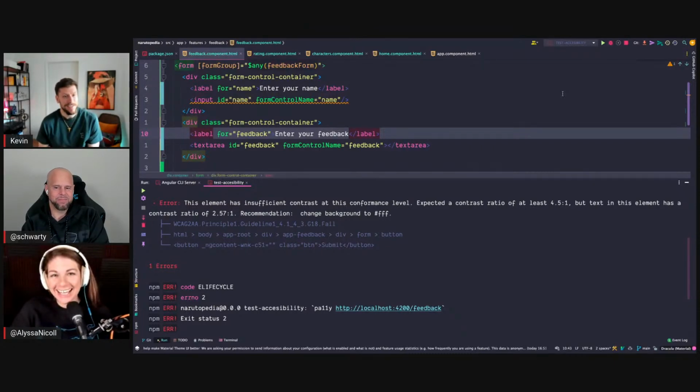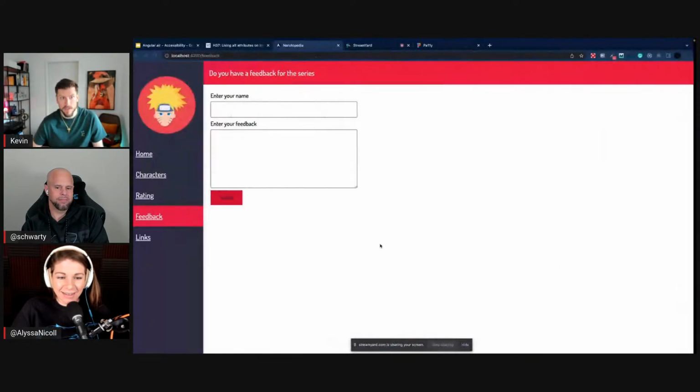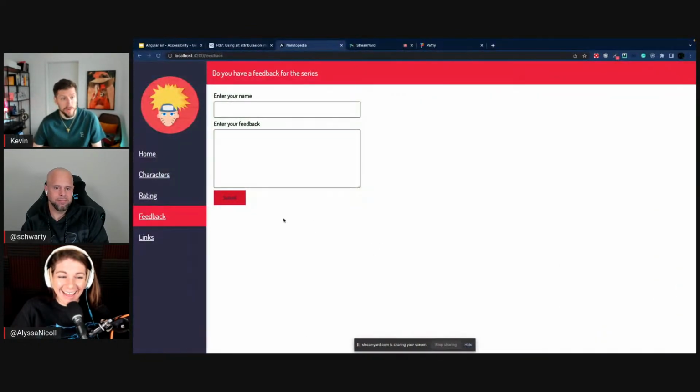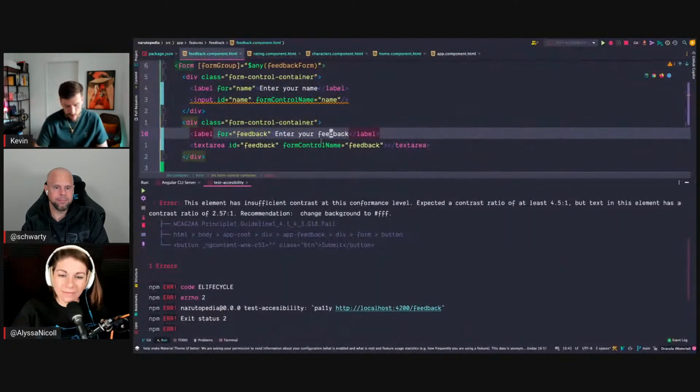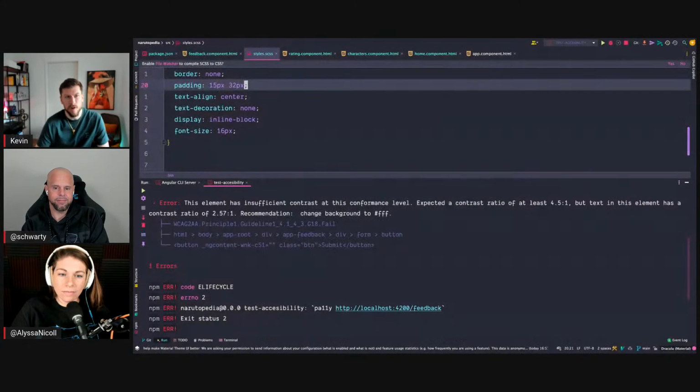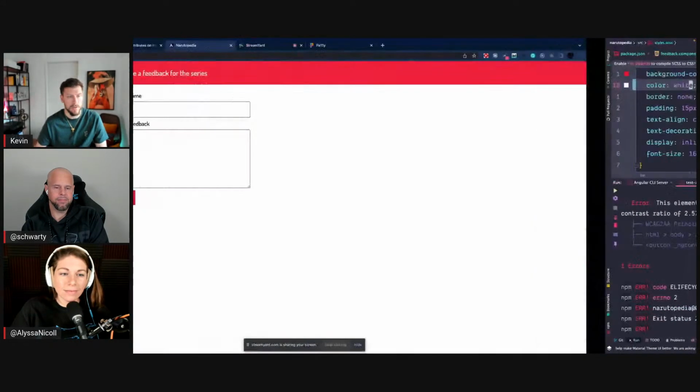Yeah, so it's saying the element has insufficient contrast at this conformance level. So it means that our button doesn't have a good contrast. And I don't know again for you, but for me, it's really hard to read this submit. So I can read it, but it's not so easy to read it. Mm. And what we can do is, I have some global styles for that button, so we can change that to white, for example.